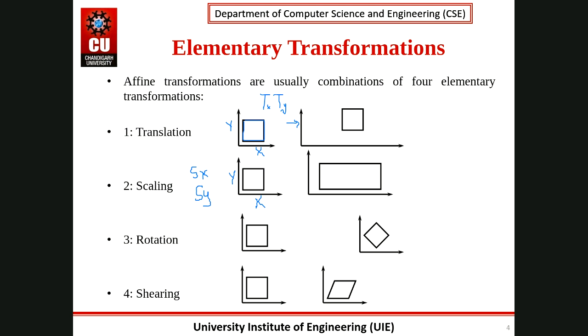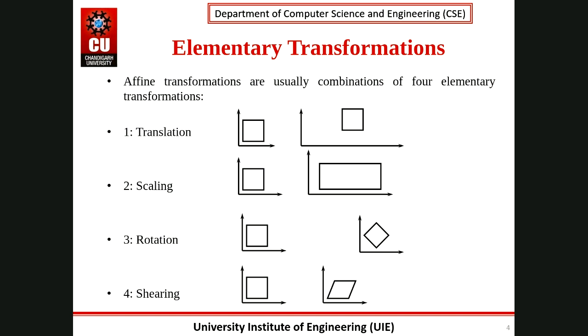So just refreshing things. Now let's get back to the scaling factors. Scaling is nothing but changing the size of an object. As you can see here, the square has changed into a rectangle. It means the y value remains the same and the x value is enlarged. So Sy will be equal to 1, and Sx will be either 2 or 3, because the x value has been increased. So that is it for the scaling transformation.